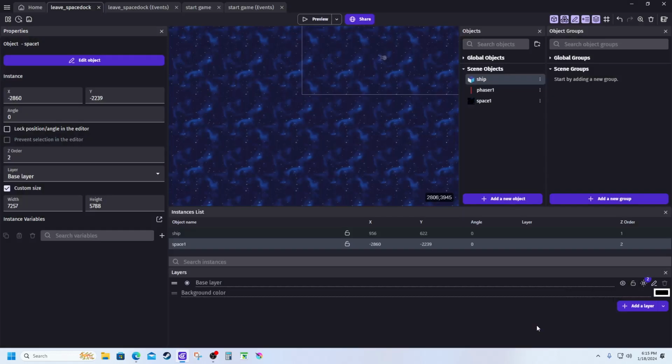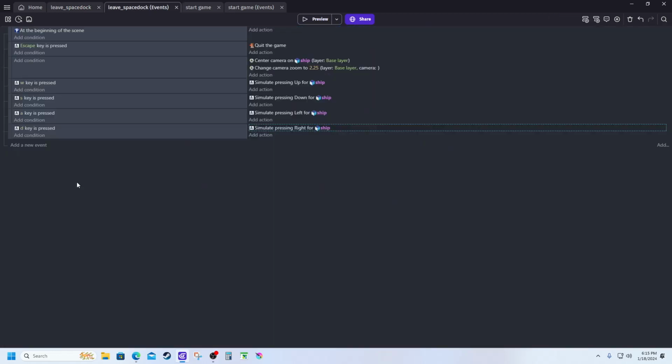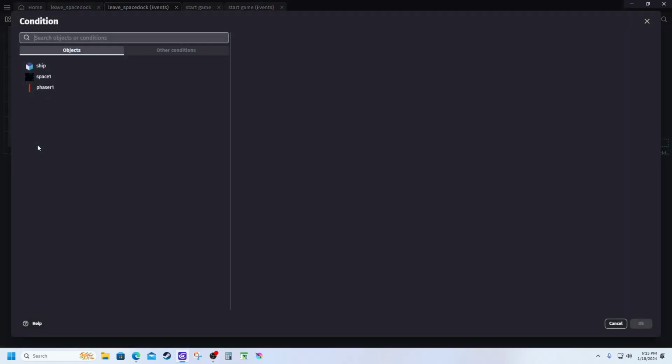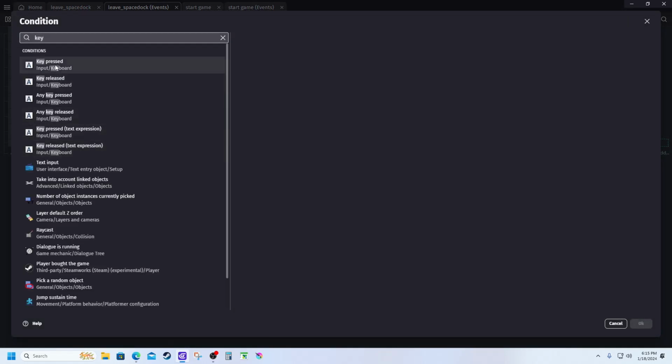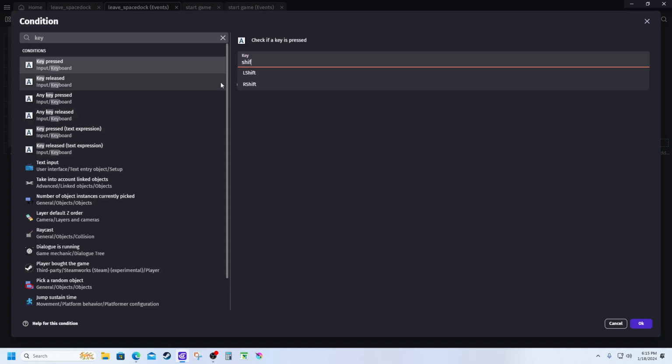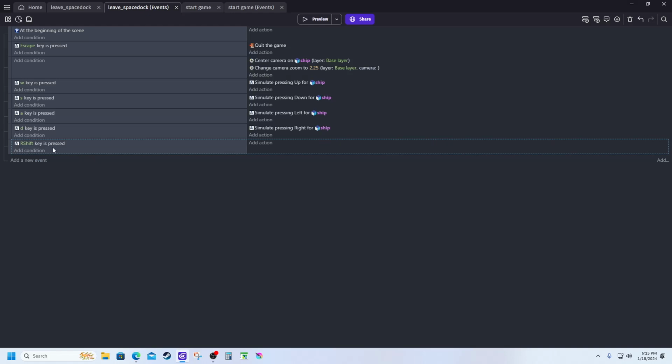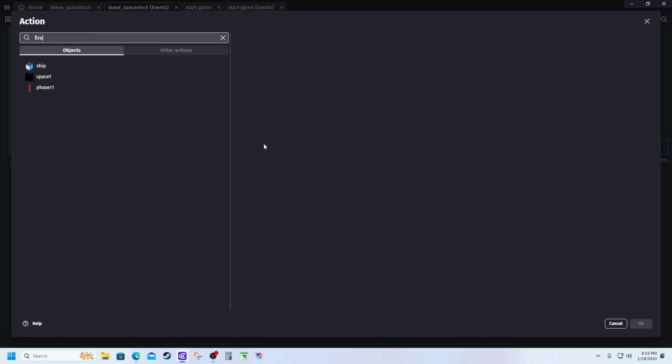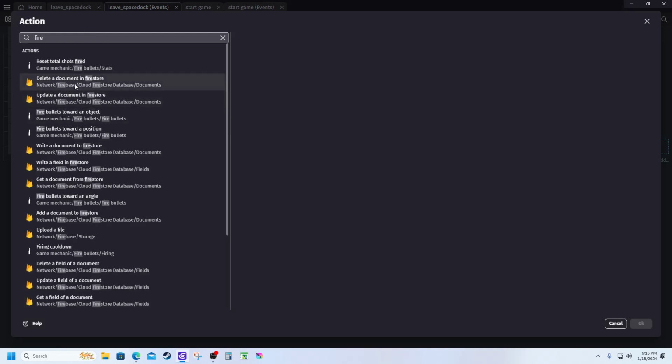Cool. Apply. Okay. So now I want to come here and I want to go add new event, add a condition, key pressed, shift, and I'm going to go with the right shift button because we're using WSAD. Alright, so right shift, action, fire bullet toward a position,